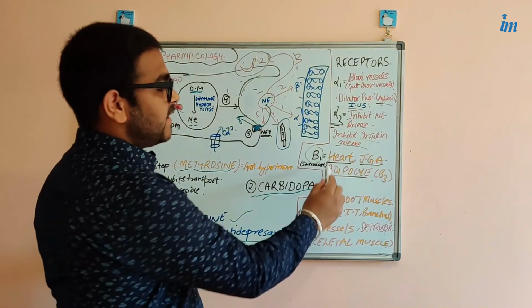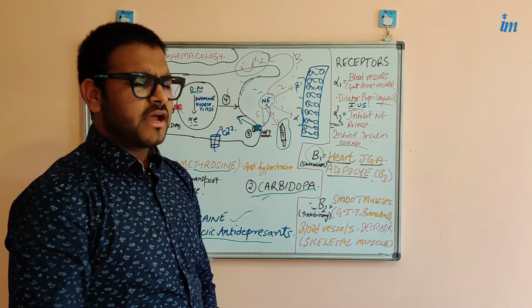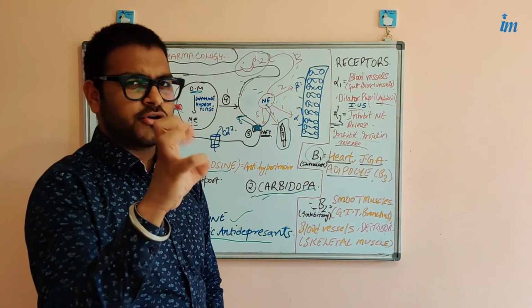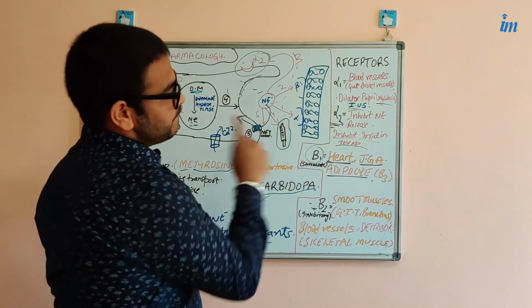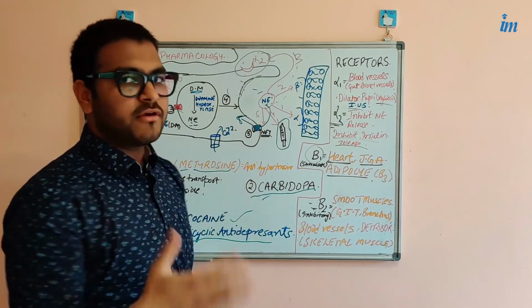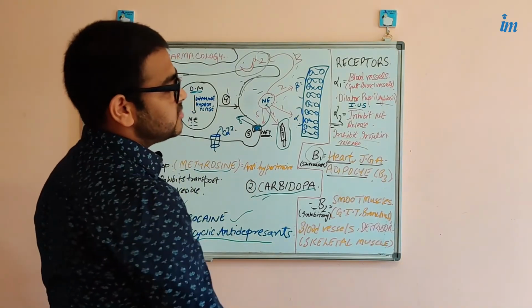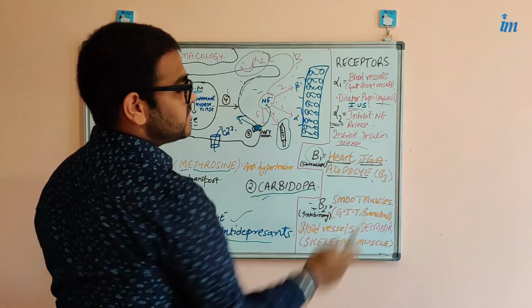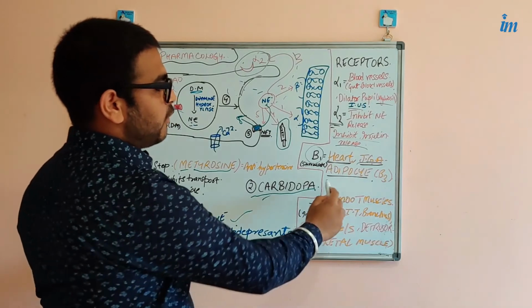Where it is present, mainly you should remember heart. Okay, so stimulatory, what I told you, what does the stimulatory do? Contract, constrict, pump. So action of norepinephrine on heart will cause the heartbeat pumping to increase now. Okay, then it is present on the juxtaglomerular apparatus in the kidney, and the very special type of beta 1